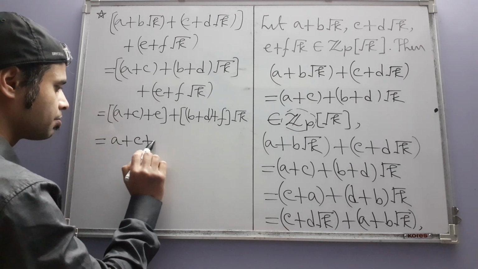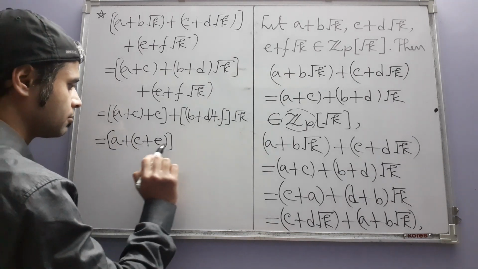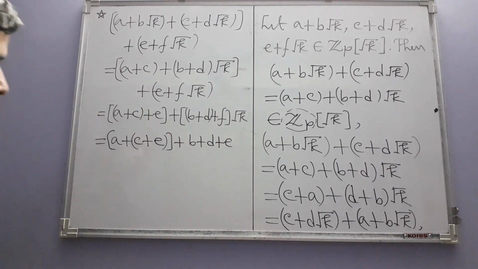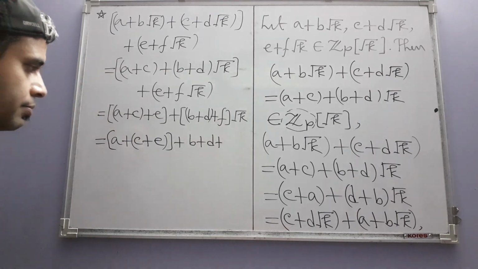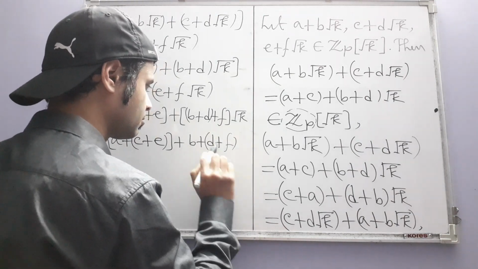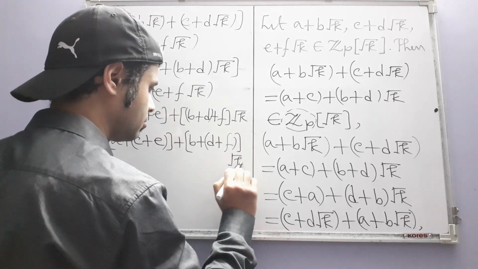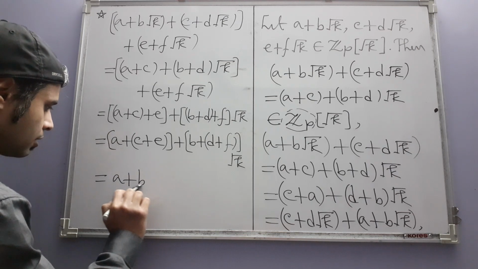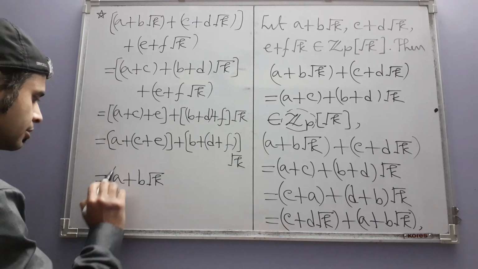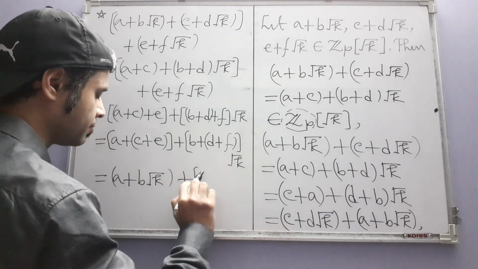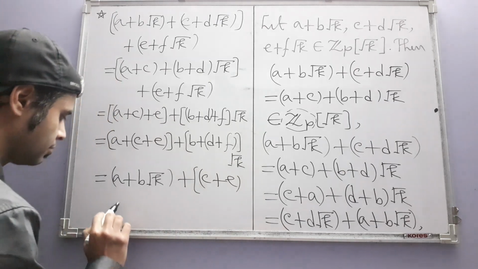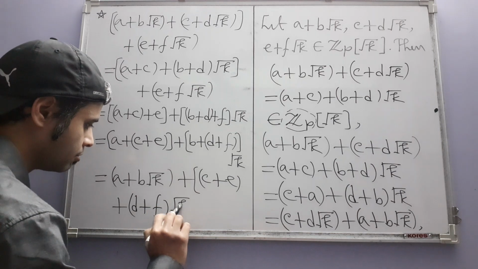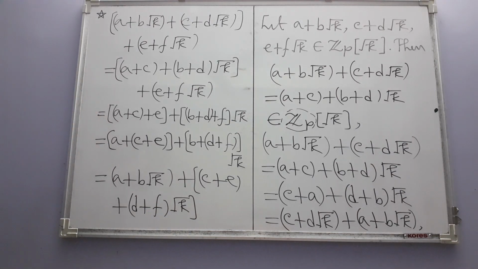So here we can write A plus C plus E and B plus D plus F, root K, and this equals, again by our addition definition, plus C plus E plus B plus F root K, and that in turn equals